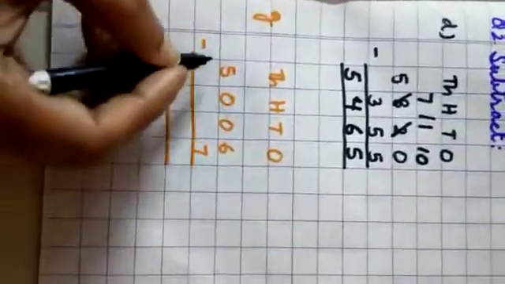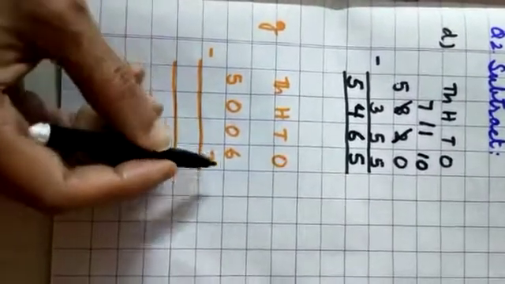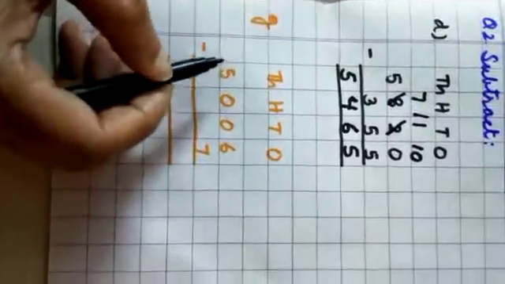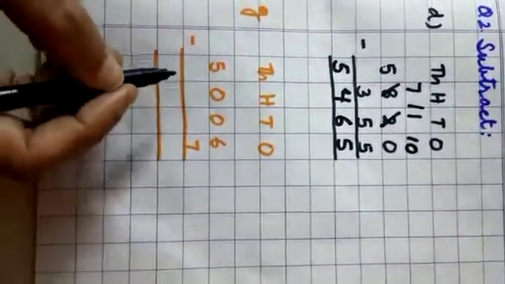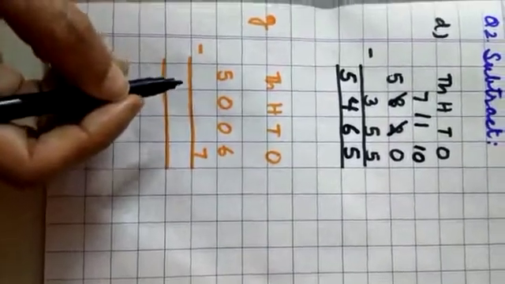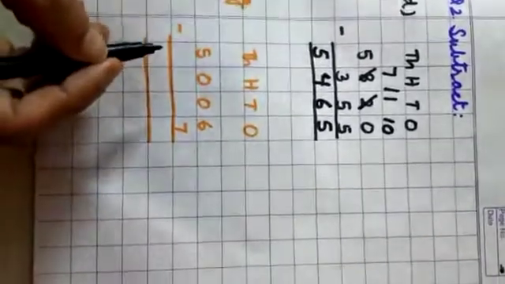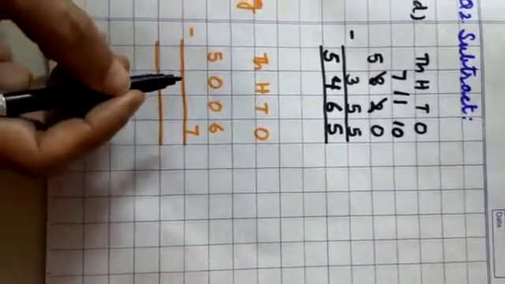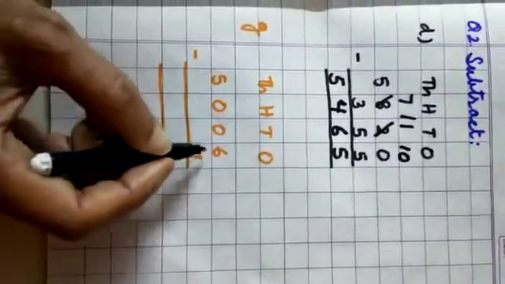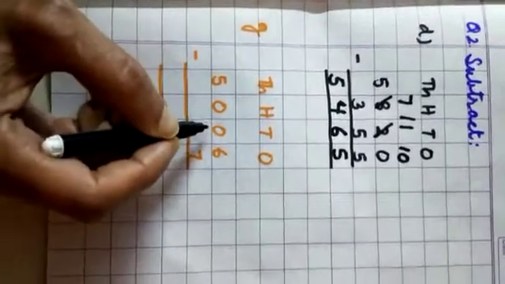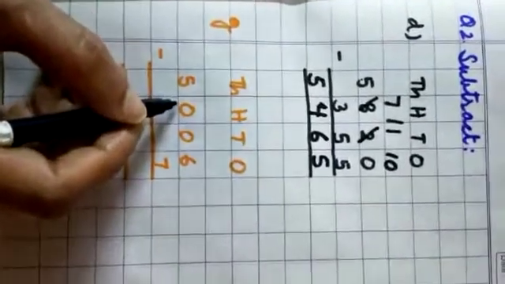Next number we have 5006 minus 7. 7 we have to write in the ones place. Must take care of the places while writing the digits. They must be placed at correct places. As you all live in your houses, in your homes, numbers also live in their own places. Place them properly at correct places. 6 minus 7 is not possible. So we will borrow from the next number. Oh, this is already 0. How can we borrow from 0? We have to move further.